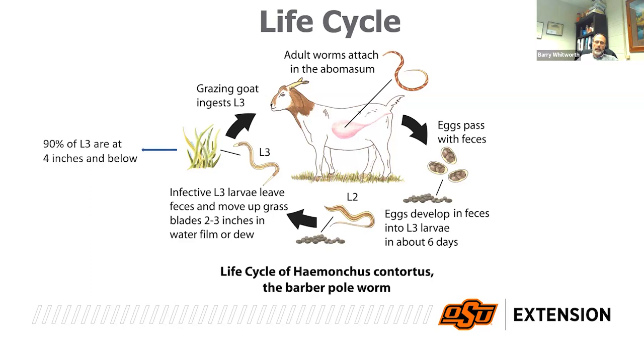So it's going to get out, crawl up some grass, and then an unsuspecting animal is going to come along and eat that. Then it's going to molt inside the animal to L4. L4 will molt to L5, and then L5 will mature to adult. Now, L4 can also go into that arrested development stage, where it just sits, if it's Haemonchus, in the abomasum until conditions are right for it to molt to L5. And that's a survival strategy as far as the parasite's concerned.